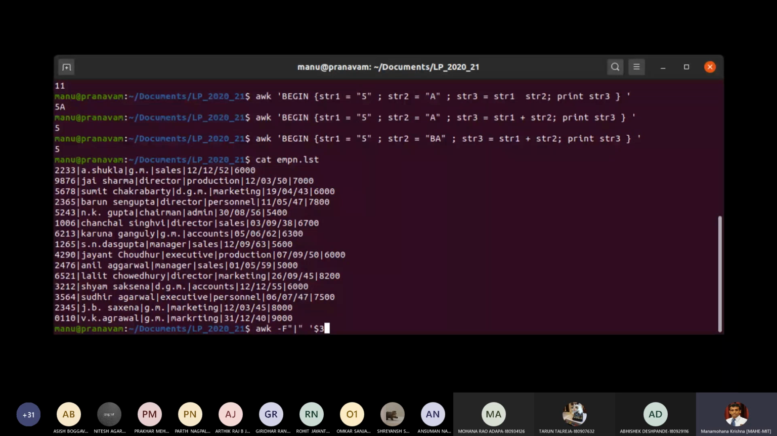$5, sorry, $3 is the designation. $4 is the department. $5 is the date of birth. $6 is the salary. Now I am interested in the content of the third column, that is the designation. So $3, if this is equal to